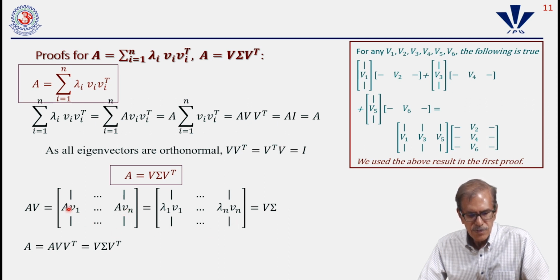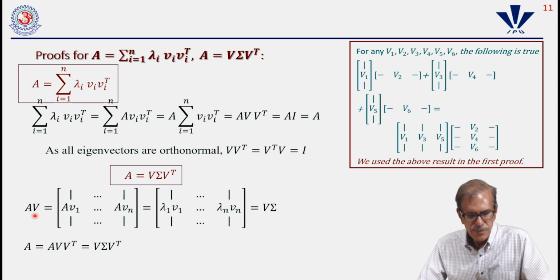And because you know that AV1 is equal to lambda 1 V1, we can write this as lambda 1 V1, lambda 2 V2, where V1, V2 are the eigenvectors. Okay. Now this can be written as V times sigma, where V is the matrix consisting of all the eigenvectors,